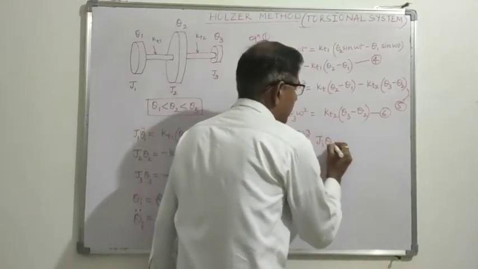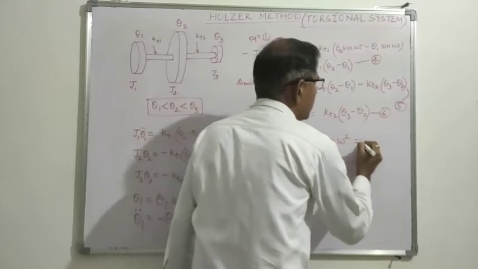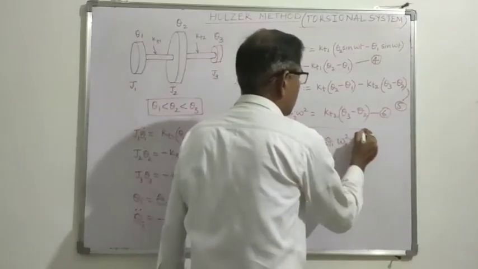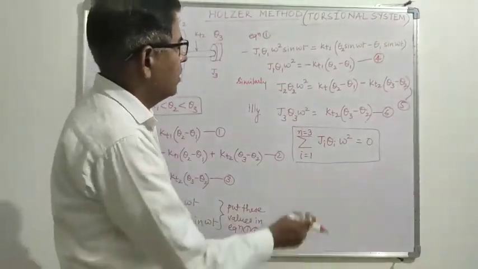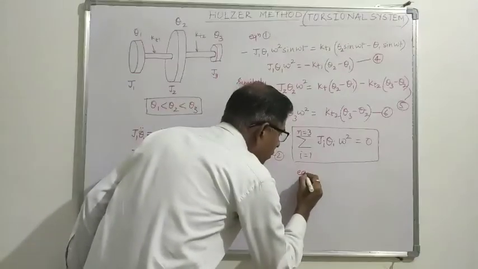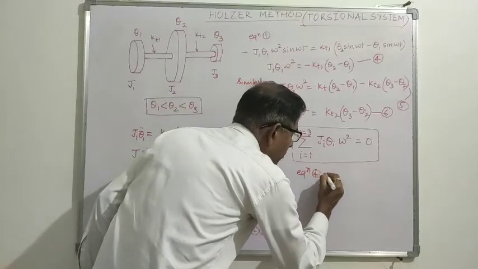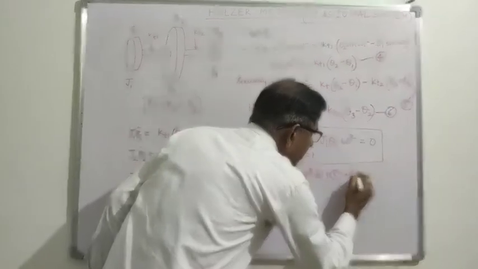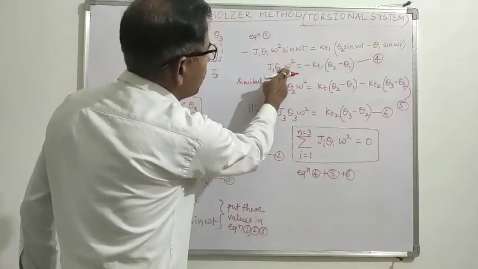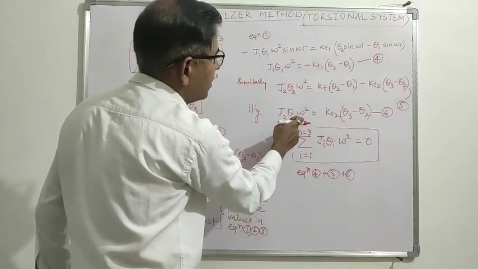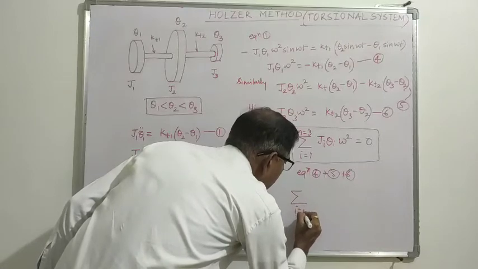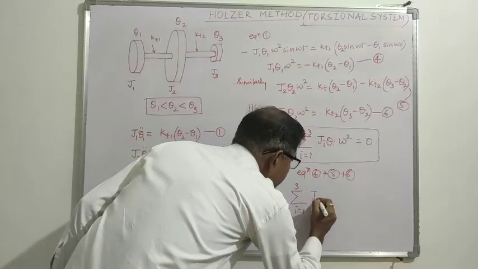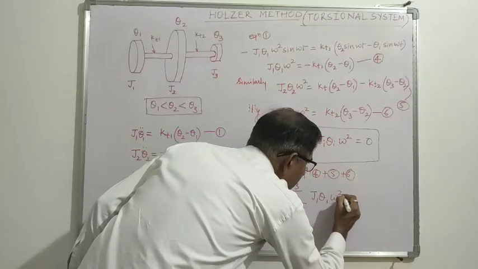Ji theta I omega square is equal to 0. So this is the Holzer method. If you add equation 4, equation 5 and equation 6, so equation 4 plus 5 plus 6, then this is J1 theta 1 omega square plus J2 theta 2 omega square plus J3 theta 3 omega square. That means the sum of I equal to 1 to 3 J I theta I omega square is equal to